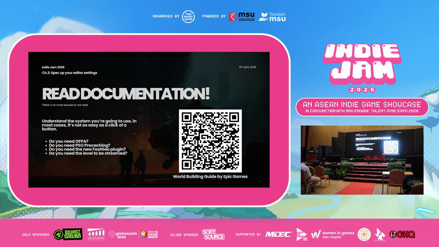Okay. And yes, if you guys are a world builder especially, please check this link as well. It's Unreal's documentation on world building. That's how I figured out, okay, we actually need to enable the Fast Geo plugin, we need to enable the PSO pre-caching. And that's how I realized that the issue of those 500 random changesets with a lot of gibberish names is actually One File Per Actor. Because if you move a single chair, that single chair will be considered its own individual change in your version control. So the cool thing is multiple artists can work on the same area together as long as they don't touch the same asset, right? So yeah, everything is in this documentation.